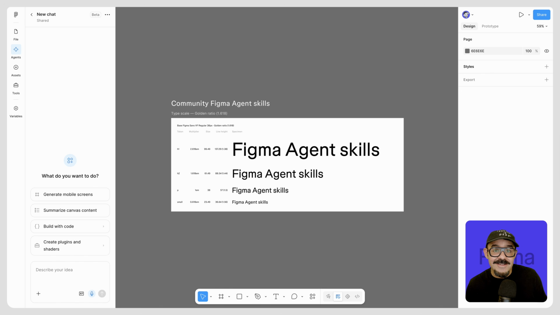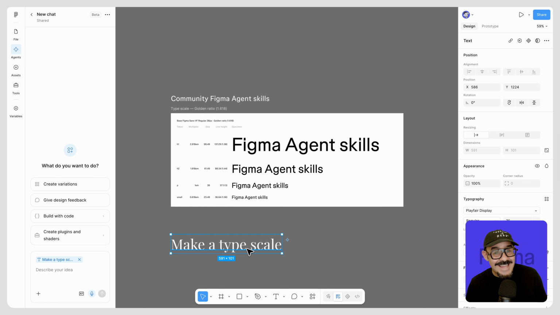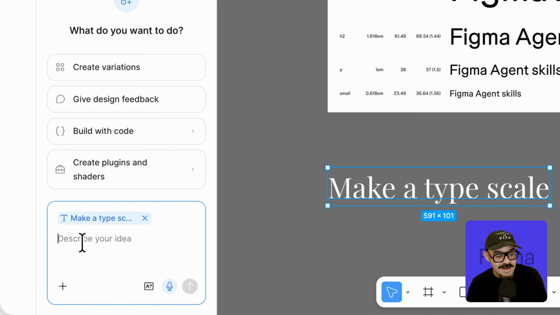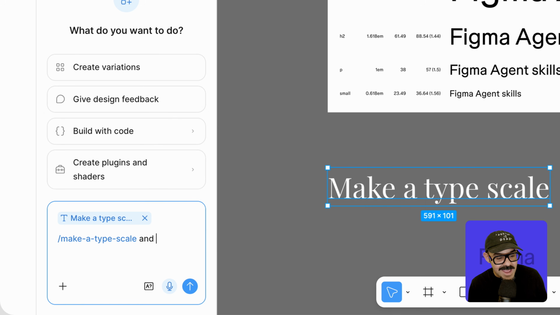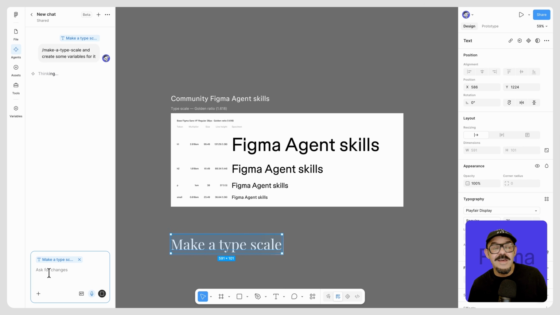It's a type scale skill. To use this skill, I'm going to select some text. I'm going to come over here, press / make a type scale and create some variables for it. Now it's going to use that skill. It's going to prompt me for some questions and it's going to go through the steps of generating a type